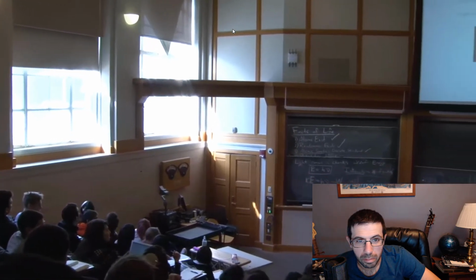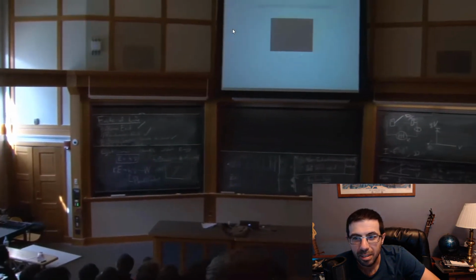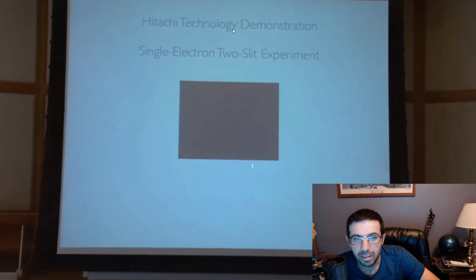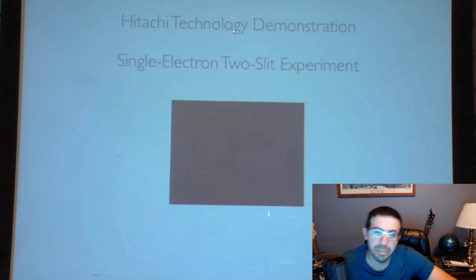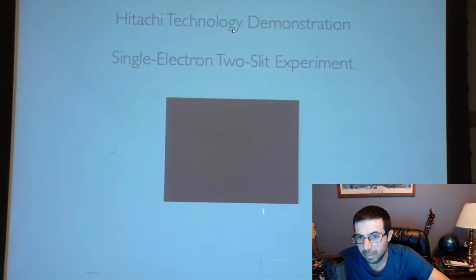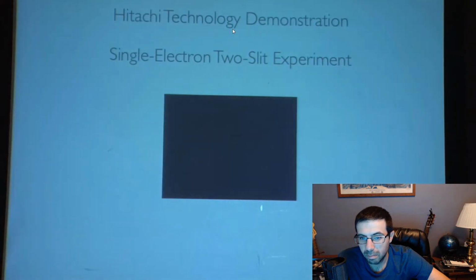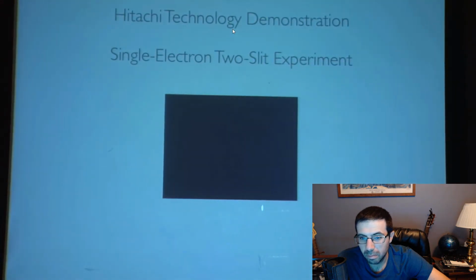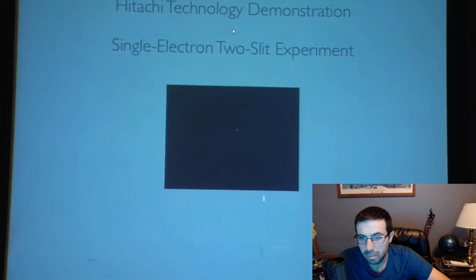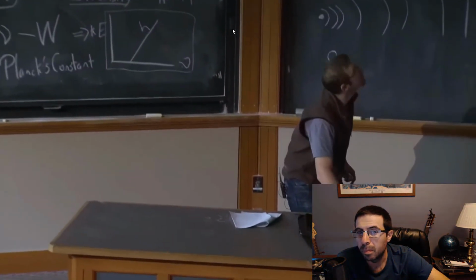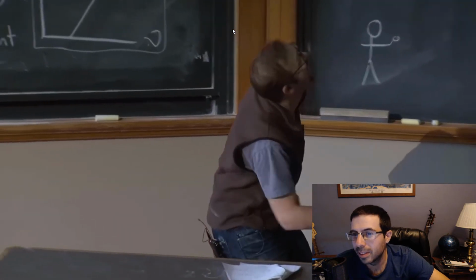So what they actually did is they said, look, we want to see what happens. We want to actually do this experiment. Because we're so awesome at Hitachi Research Labs, let's do it. So here's what they did. And I'm going to turn off the lights. Great. Okay, and I set this to some music because I like it. Here's what's happening. One at a time, individual photons. Distinctly individual parts. Chunks.